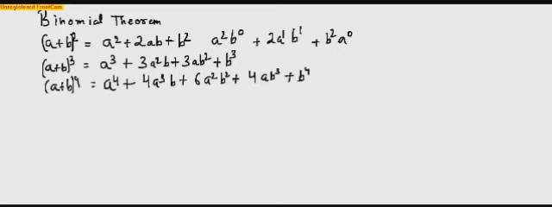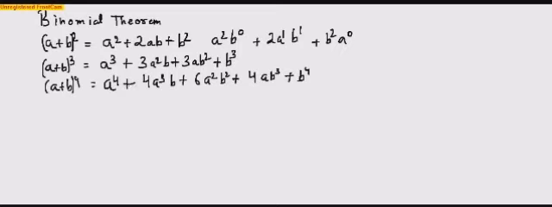Let's see if we observe the same pattern in (a + b) whole cube also. In (a + b) whole cube, I see the power of a is 3, then it goes down to 2, then to 1 and finally 0. On the other hand, b grows from b to the power 0, b to the power 1, b to the power 2 and now b cube. So yes, the pattern stays in (a + b) whole cube. Similarly, in (a + b) whole to the power 4, the pattern stays: a to the power 4, a cube, a square, a, and similarly b to the power 0, b to the power 1, b to the power 2, b cube and b to the power 4.